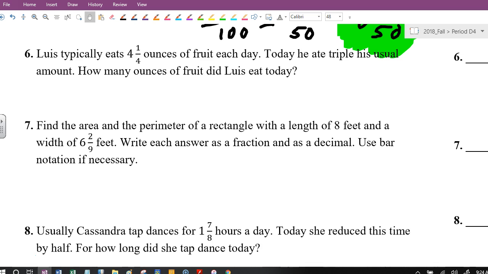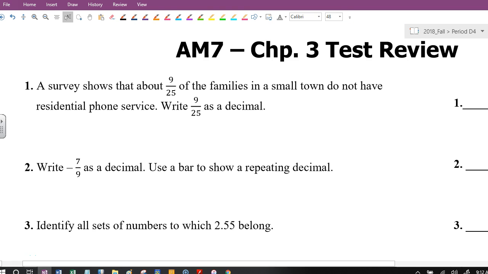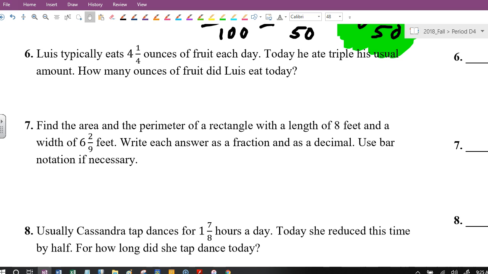Luis typically eats 4.5 ounces of fruit each day. That's a little tiny bit. Today he ate triple. Wow. How many did he eat today? So first I made an improper fraction. Okay. So it would be